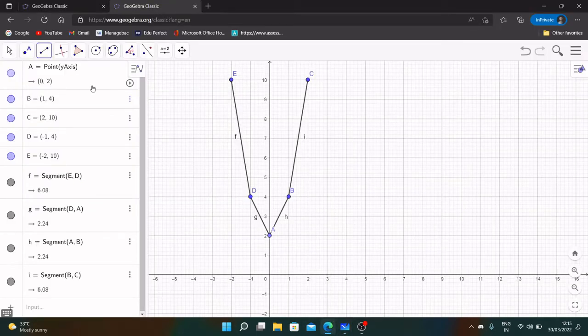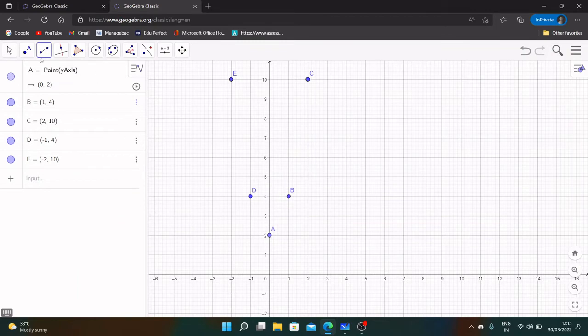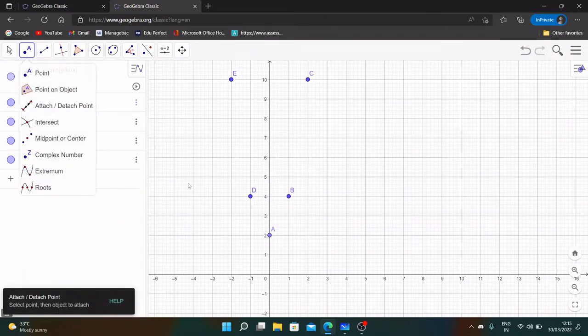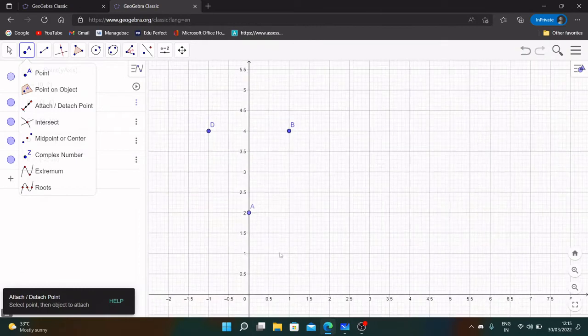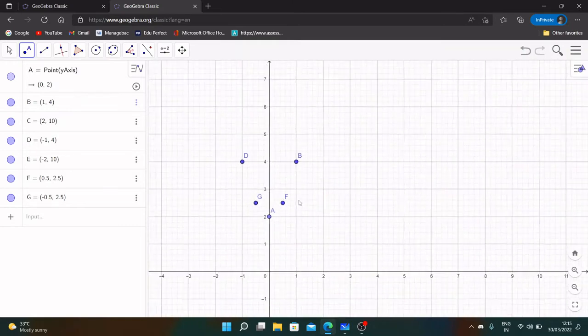Let us get rid of these lines and then add these points and draw a new line and see how that looks. So we have 0.5 comma 2.5, that would be right here, and then we have minus 0.5 comma minus 2.5, minus 0.5 comma 2.5. Yeah, it won't be minus because both of them are going upwards. So what a mistake. Okay, now if we connect these points,